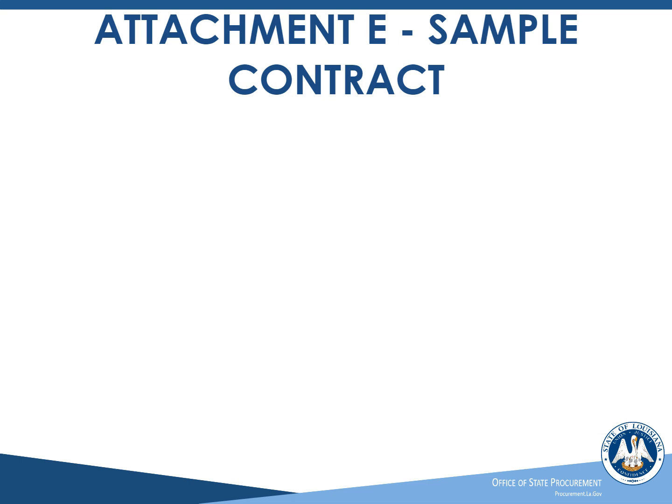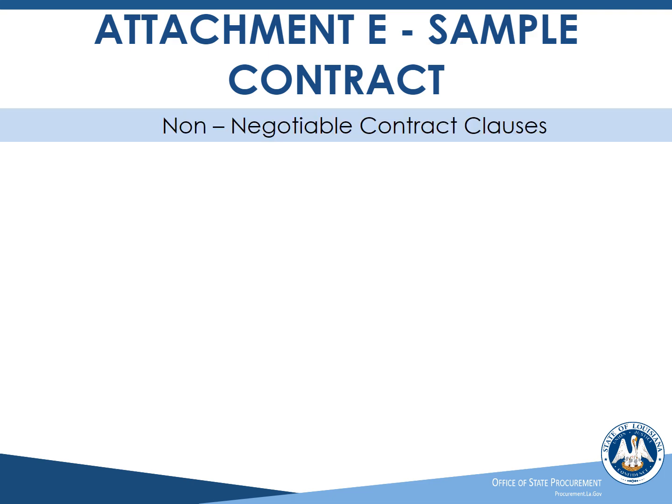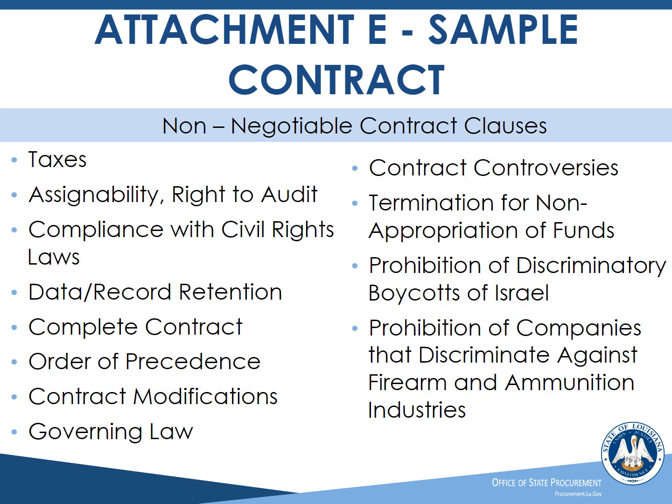The fifth part of the RFP document is Attachment E, Sample Contract. The sample contract will be the draft contract used during contract negotiations. All contract terms must be included in the sample contract. Proposers will be given the opportunity to submit proposed modifications to the sample contract with their proposal. Some clauses are non-negotiable. The non-negotiable clauses can be viewed on the screen and are also listed in Part 5